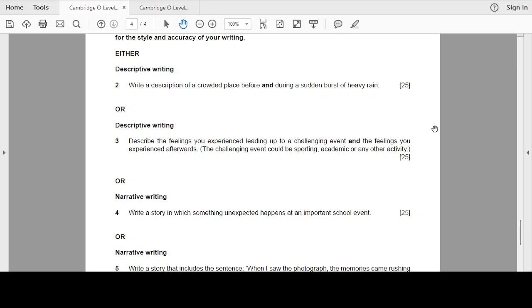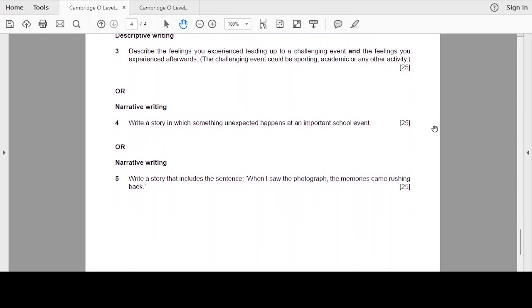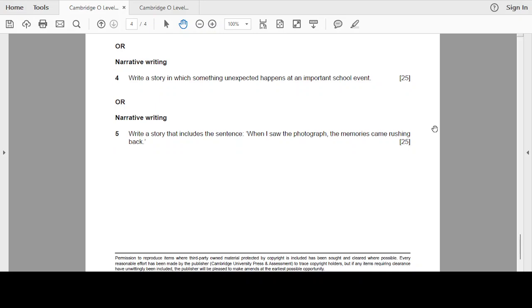So this particular descriptor, the second one, is focused towards feelings, right? There are other types of prompts which talk about physical location, as I mentioned, talking about atmosphere and people and surroundings and all of that. Then the narrative, right? So there are two types of prompts you will come across.